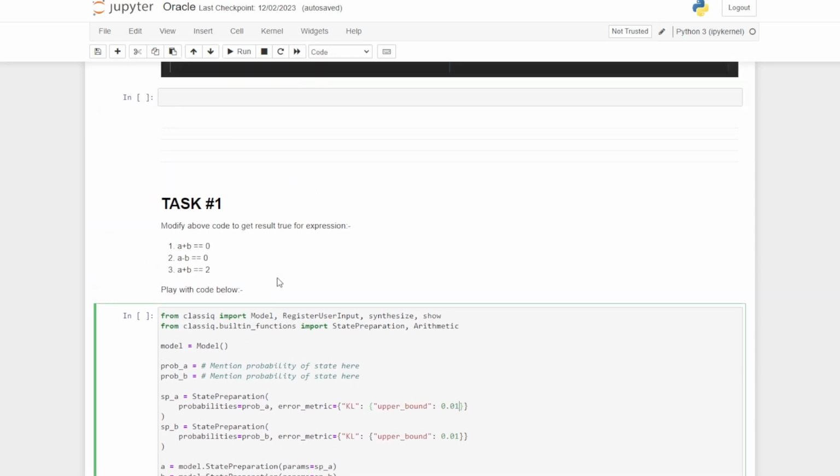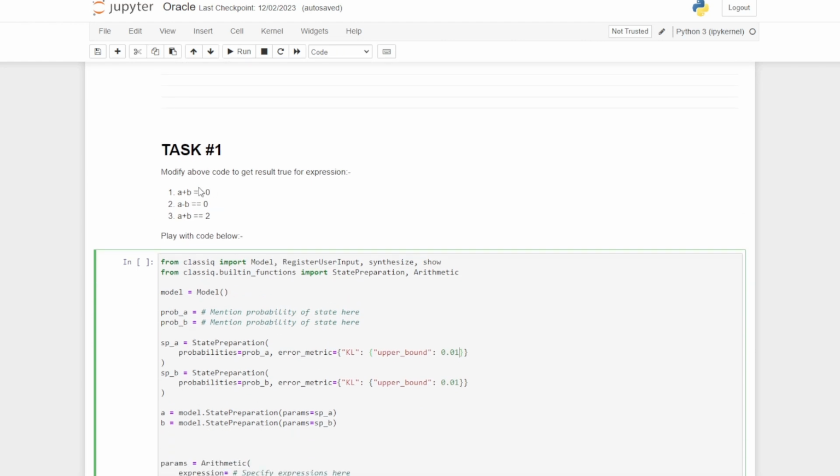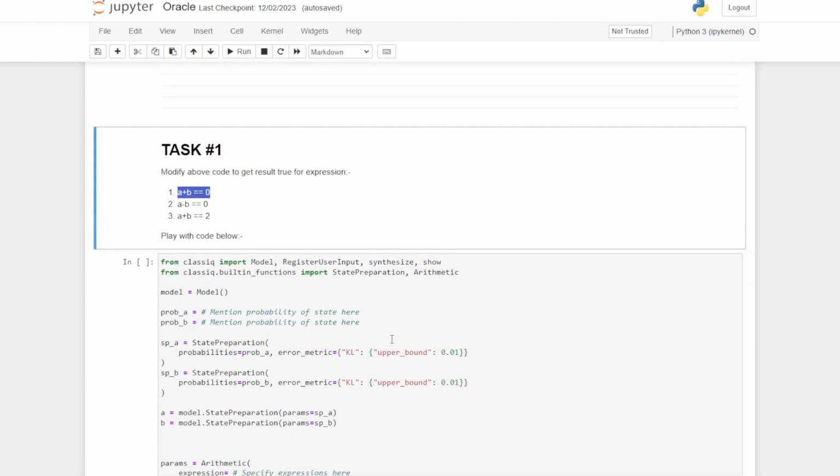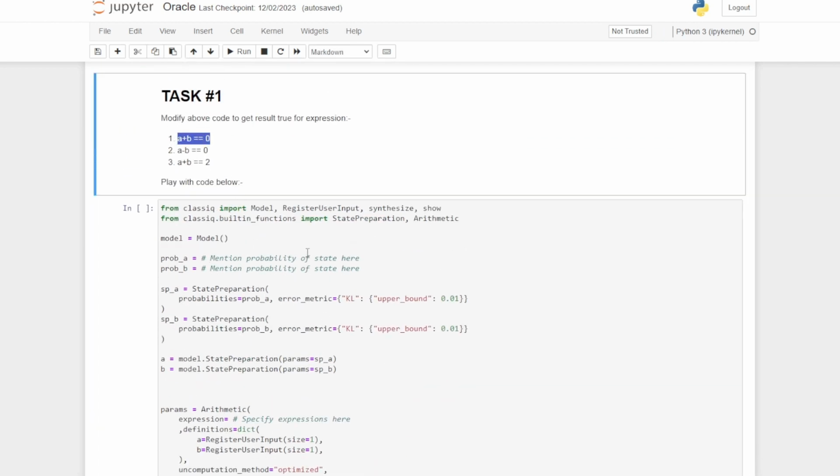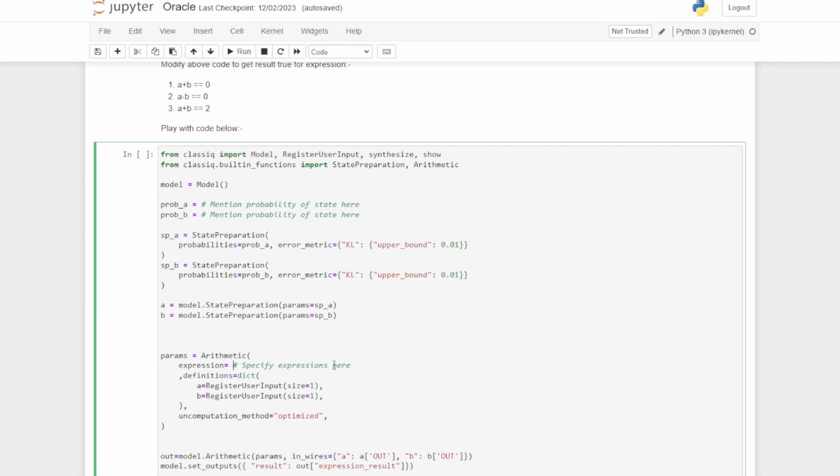So let's see what we have in task 1. In task 1 we are given this expression, and we need to complete this code to evaluate this expression so that it executes to true. I will just do the first one. Our expression is a plus b equals 0. I pasted the expression as it is here, and make sure that the expression is pasted as a string,